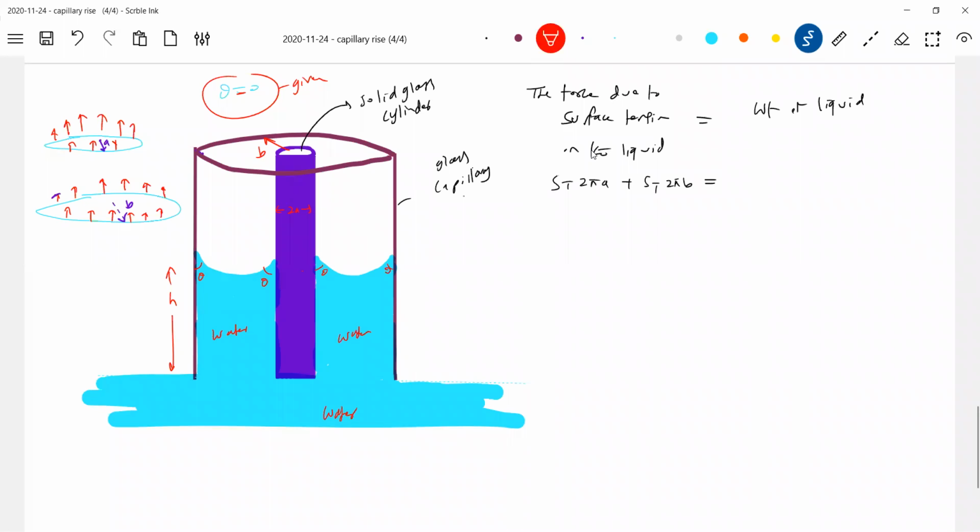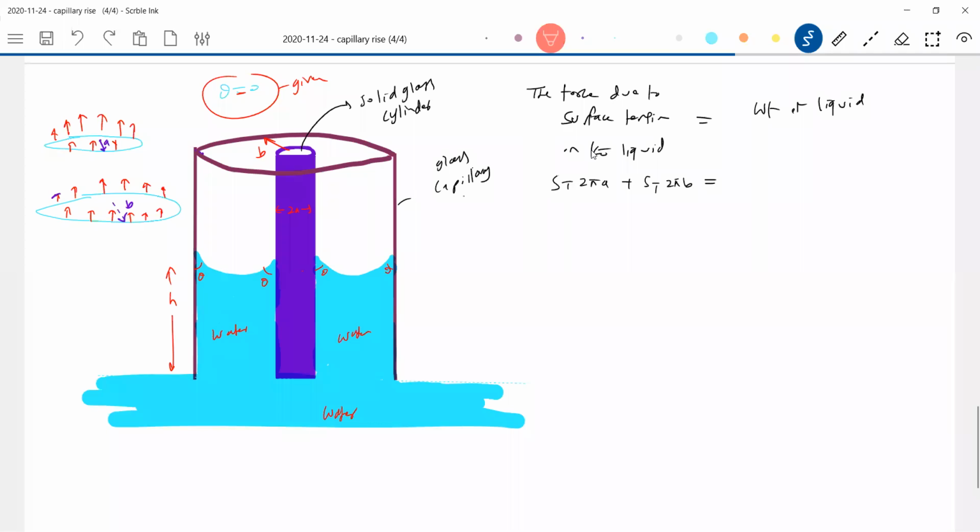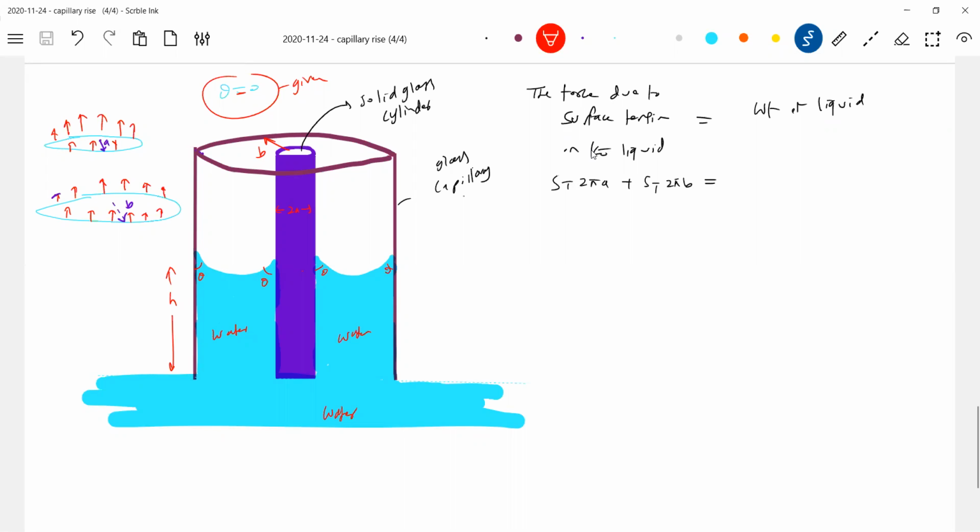I think this is quite natural. You'll be drinking some juice in a glass, and if you put in a straw, what will happen? The similar thing, instead of a straw, some thick solid. What is the weight of the liquid? Density rho into pi b square h minus pi a square h into g. Why subtraction? Because from the total volume of liquid here, I should subtract this much volume of liquid.